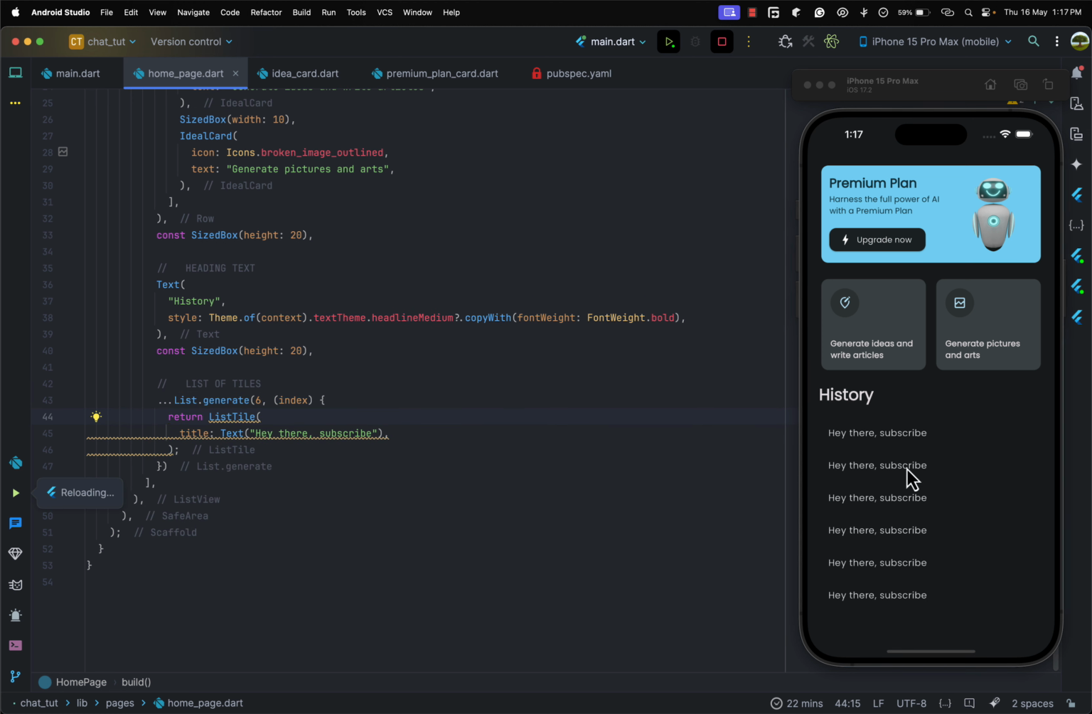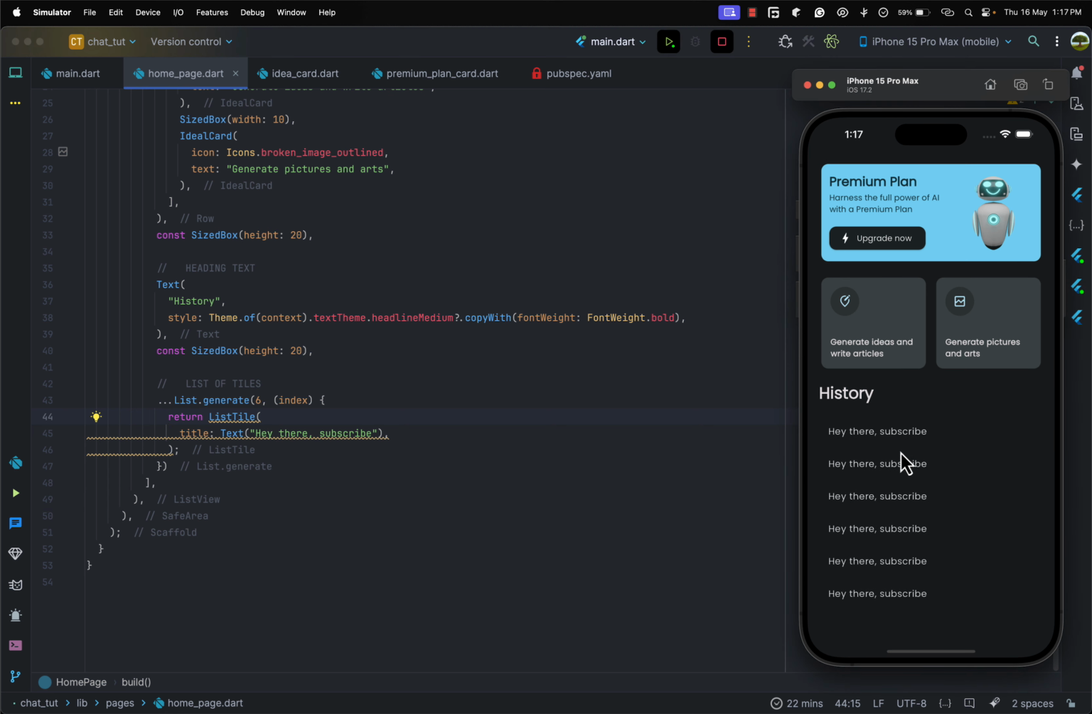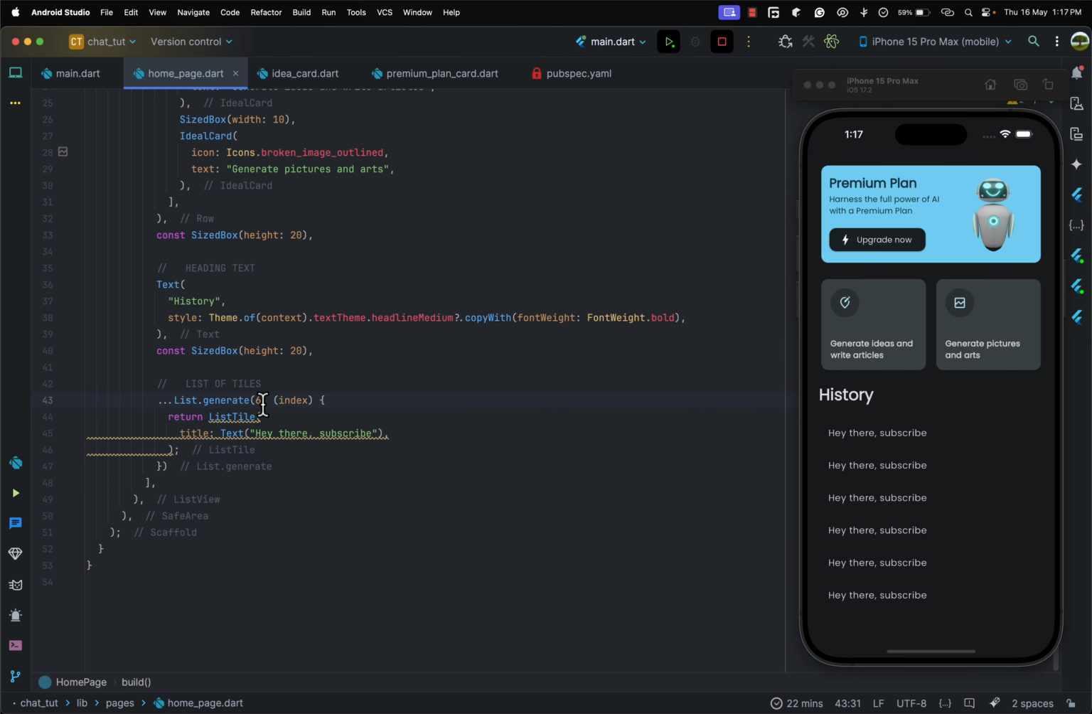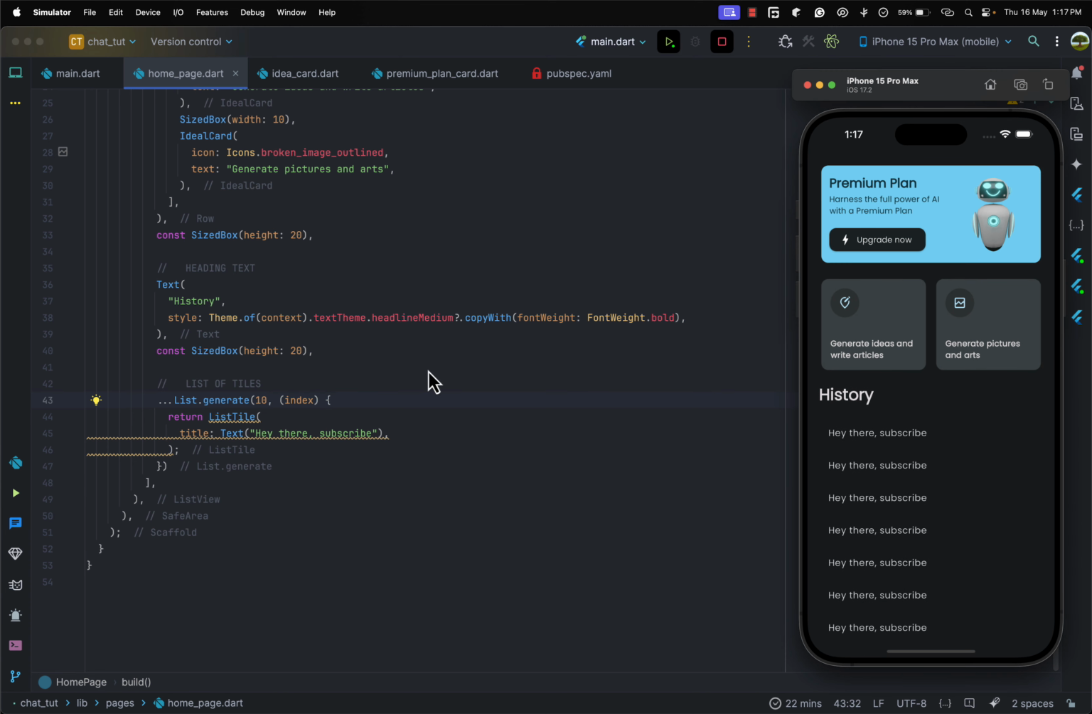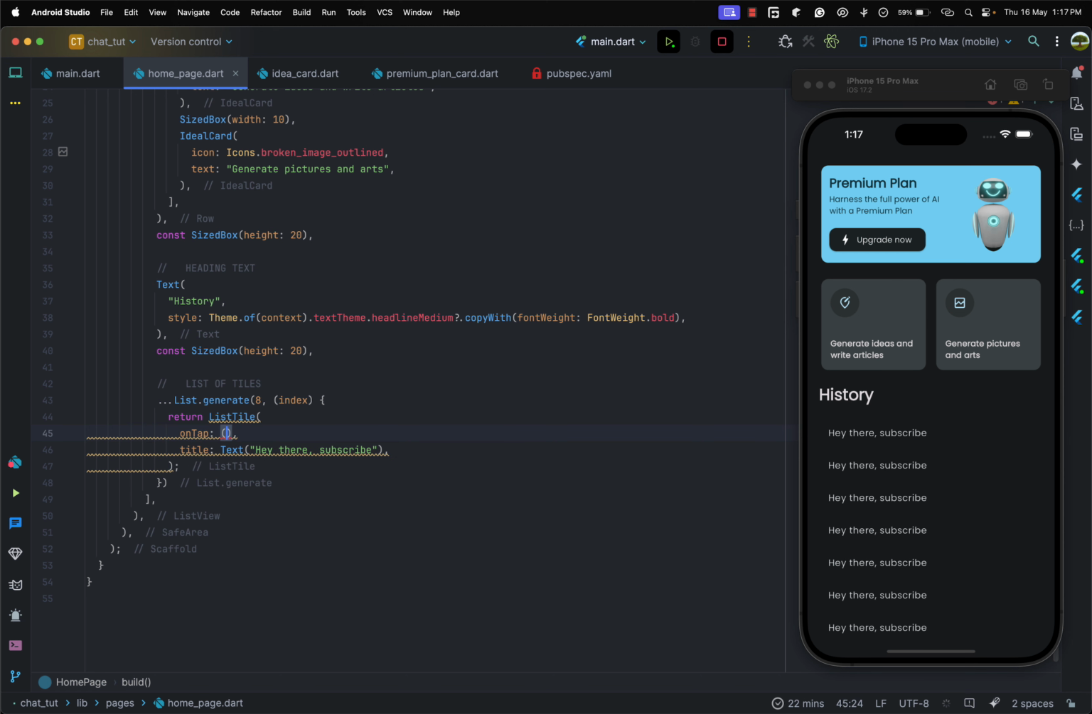So when I save, we have "hey there, subscribe," and then we can increase the number to maybe 10, and we can scroll, right? We didn't have to put another list view here. So what I'm going to do is put 6 of this here, or maybe 8, it doesn't really matter, and then we are going to focus on styling this. So the first thing we are going to do is that if we put an on tap on this list style,